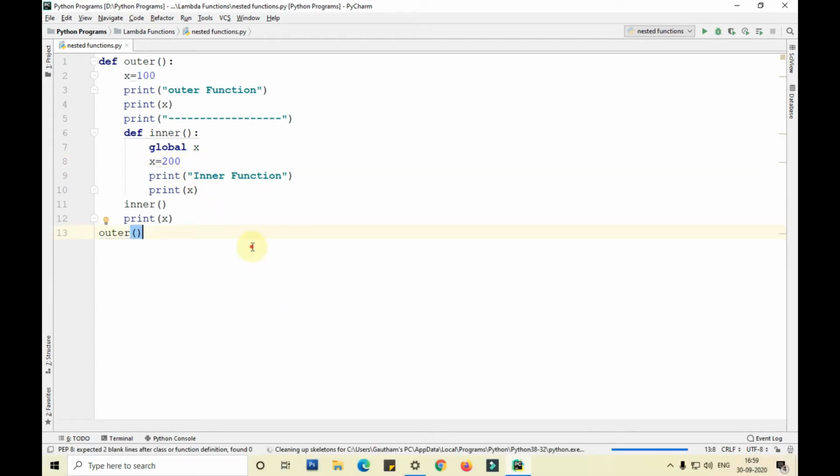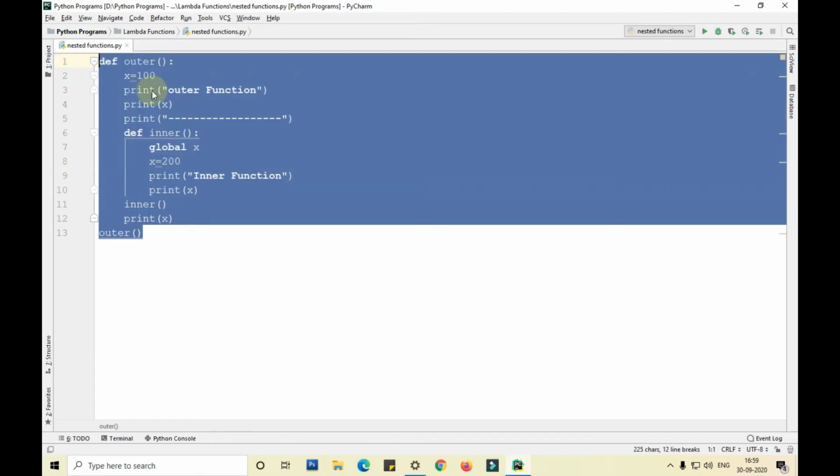Okay, so now we'll try defining a lambda function inside a normal function and see if that works.